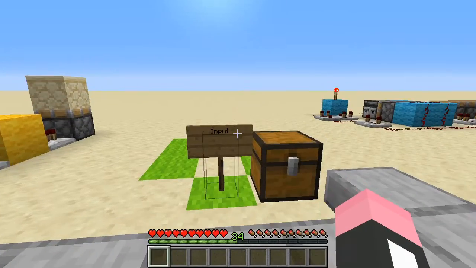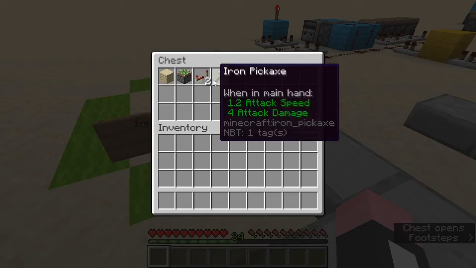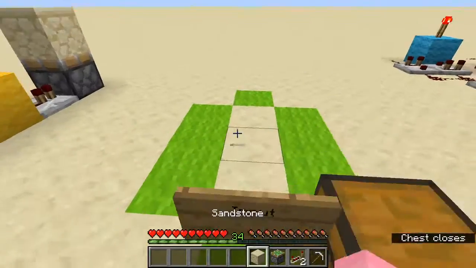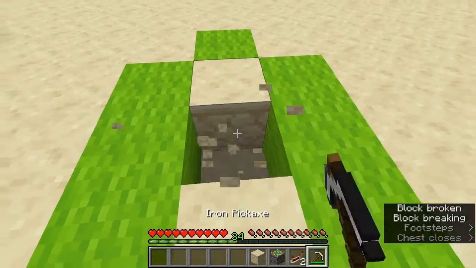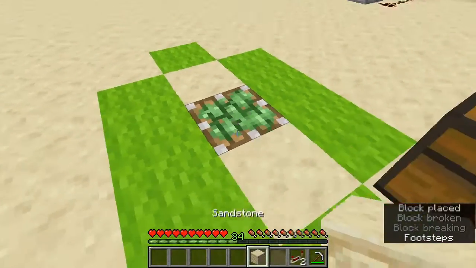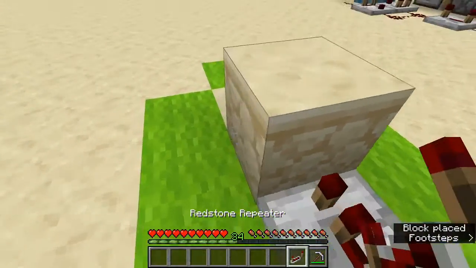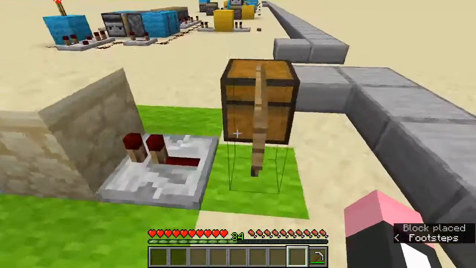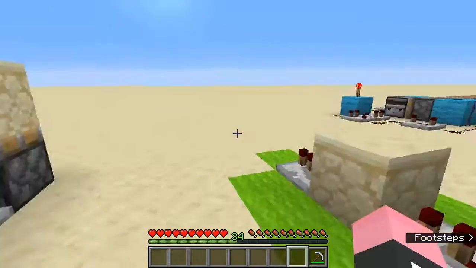How do you build this circuit? It's rather simple. You just need the following items and blocks. Break a block in the middle, put a piston over here, sticky piston, sandstone, and then just 2 repeaters like that, and you just have to have an input over here, and yeah,